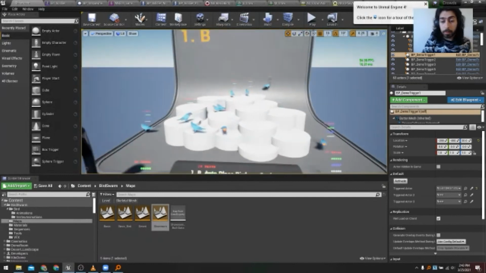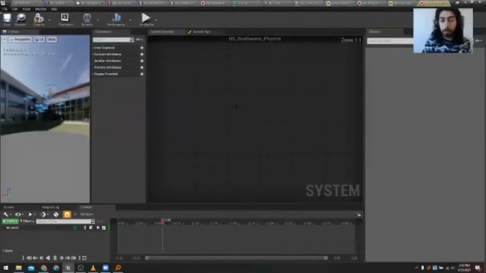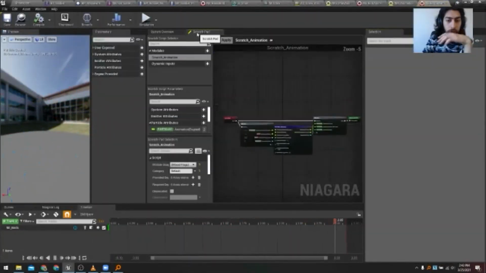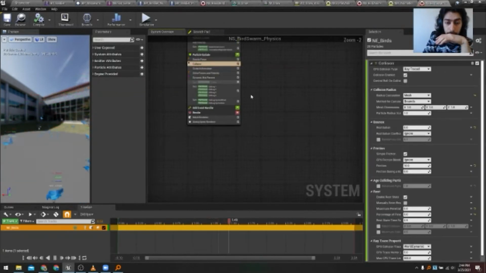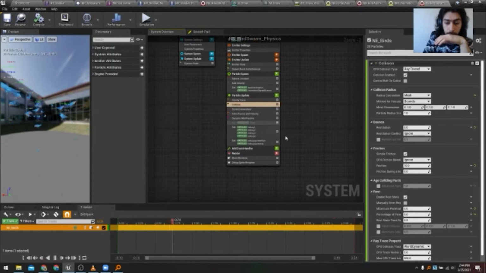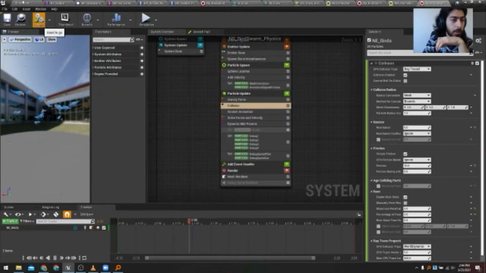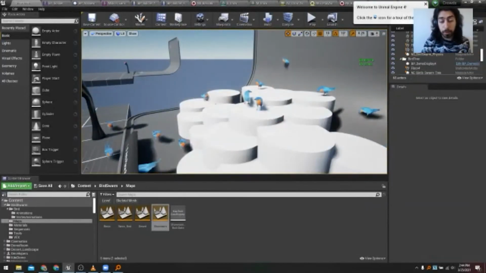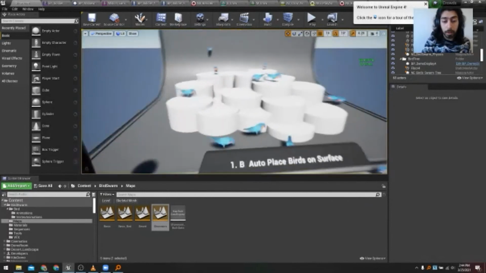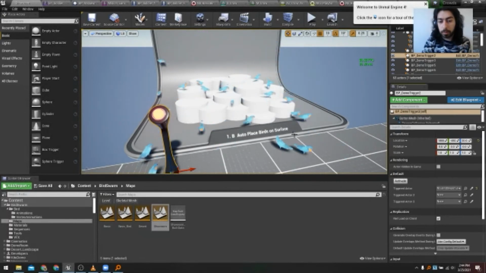Another example, what if we want those birds to just place them on a certain type of object. Because we can have collision and simulations of physics, we can actually easily just put a particle effect and they will actually understand their position on a certain different set of objects here.